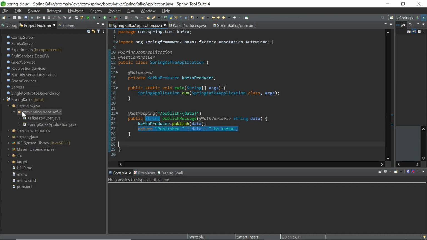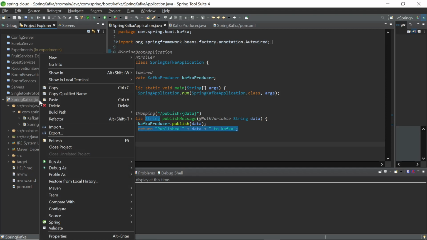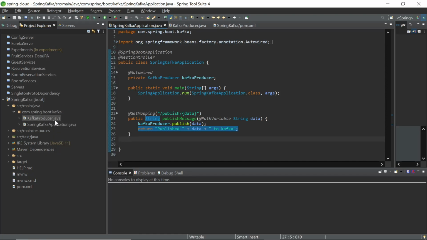Let's try it out. Hmm, are we missing something, guys? Of course we are missing something. We haven't told our Spring Boot project where exactly to connect. What are the properties that we need to specify, right? So let's do that.